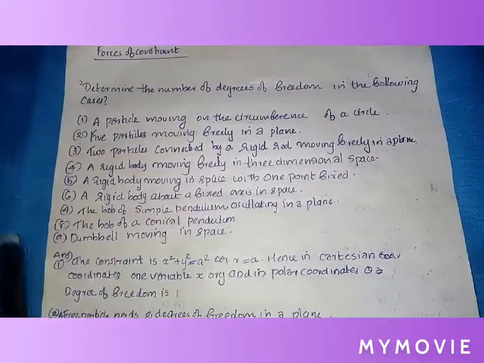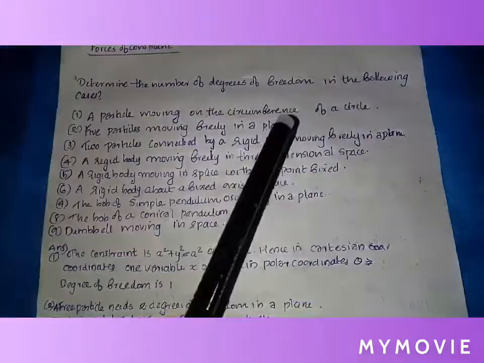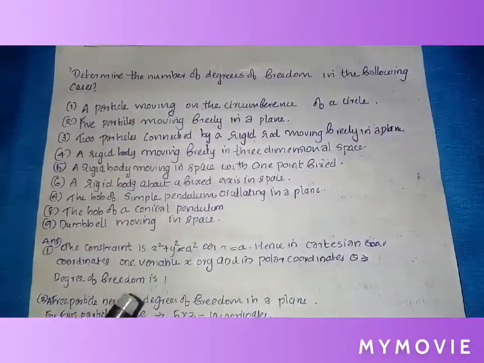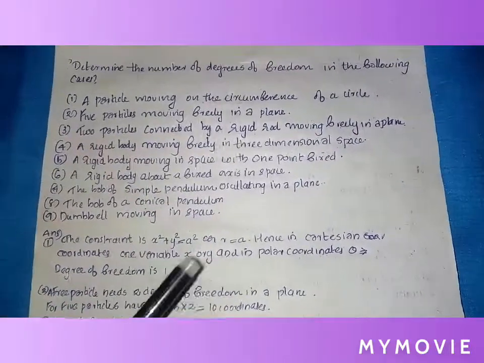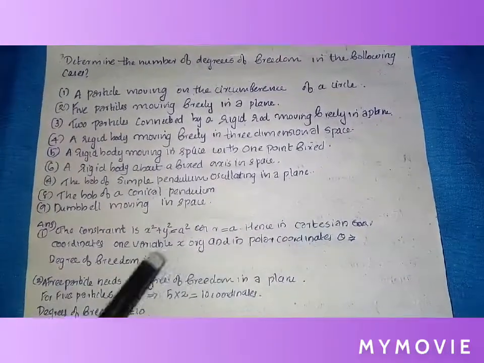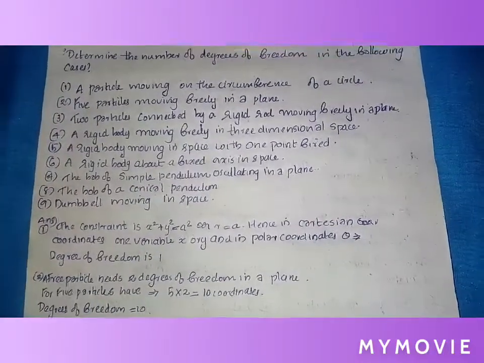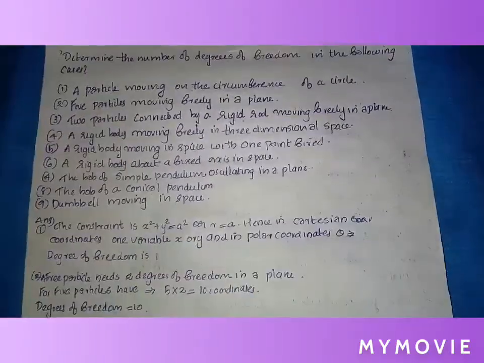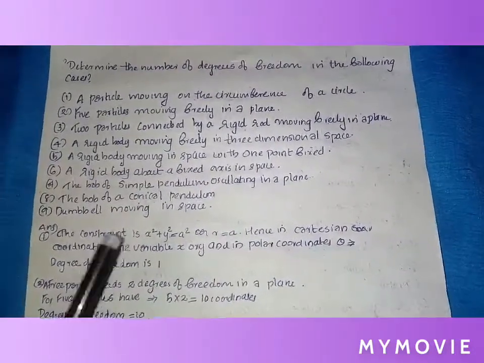Consider the question in which we have to determine the number of degrees of freedom in the following cases. First, a particle moving on the circumference of a circle, the constraint is x square plus y square is equal to a square. So here the radius of the circle is a. Hence, in Cartesian coordinates one variable, x or y, and in polar coordinates theta is needed to find the position of the particle. We need only one coordinate,